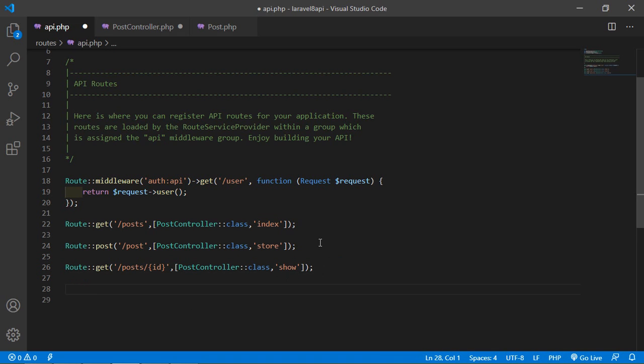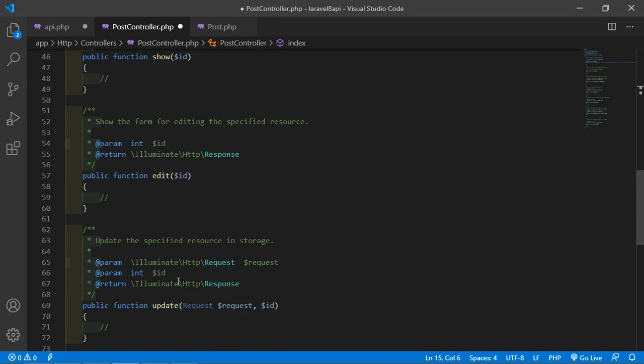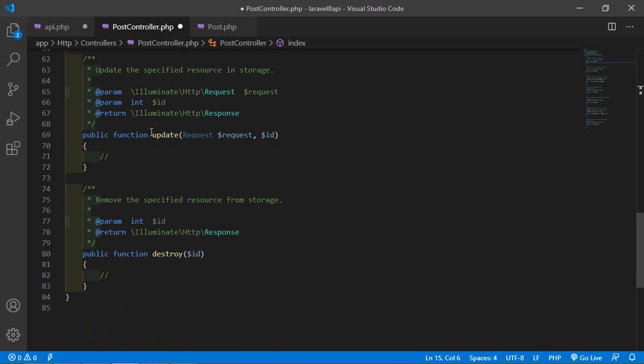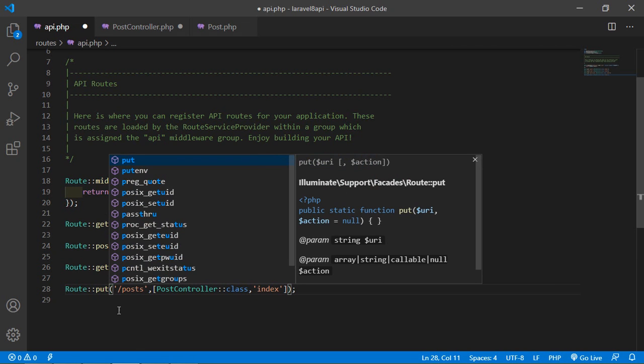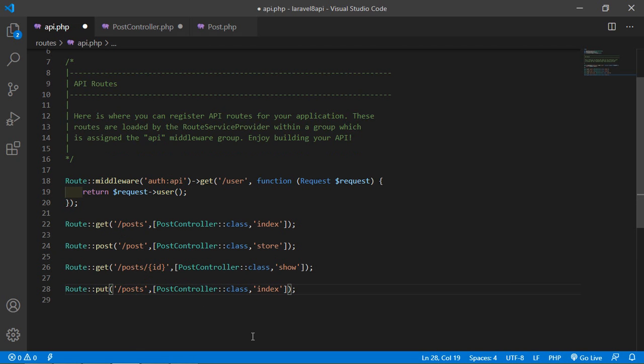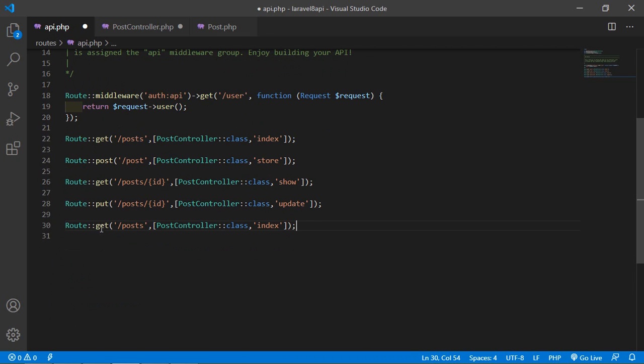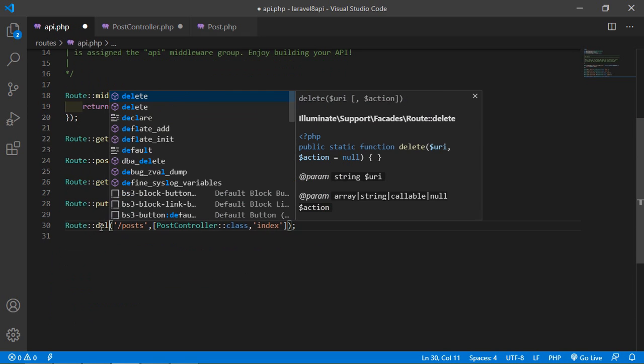Alright, another route for the update method and also the destroy method. So for that just paste here the route, and the method for update is put, and URI posts/{id} parameter. Alright, and method name update, and for the delete, method delete.